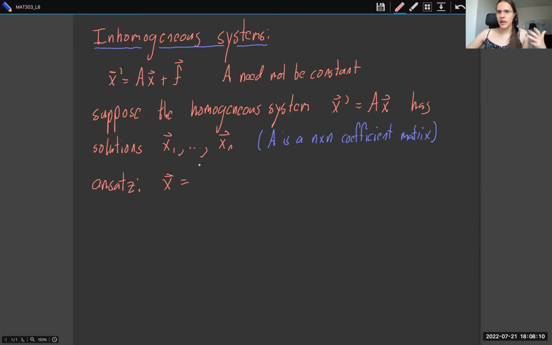And morally, if we think about this, well, it's an n by n system, and an n by n system is like an nth order differential equation. Sometimes it can be converted to one, but sometimes it can't be. So it's slightly more general. But we'd expect as many undetermined coefficients as there are dimensions. Now you may say, well, in this case, the coefficients might be matrix valued, but actually the correct answer is to take just u1 times x1,